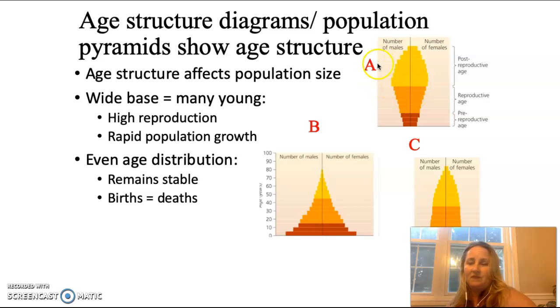The bottom parts of that, they're still working. But when we get above about the second tier of the post-reproductive age, those people aren't working anymore. So they become something that we think about in the economy where they're no longer bringing money into the economy. So that's going to affect how the country